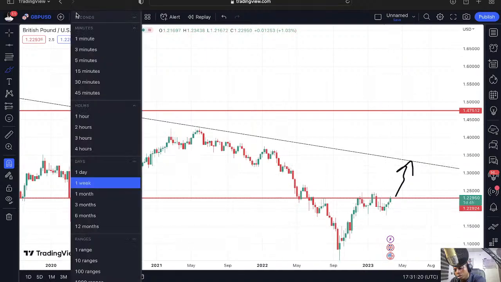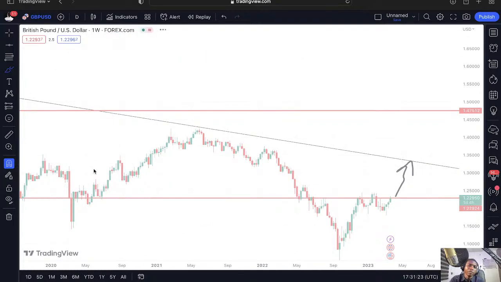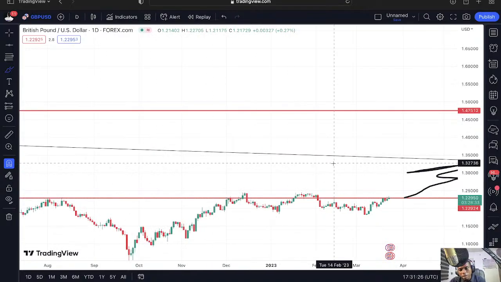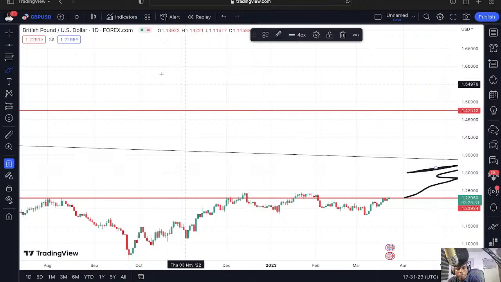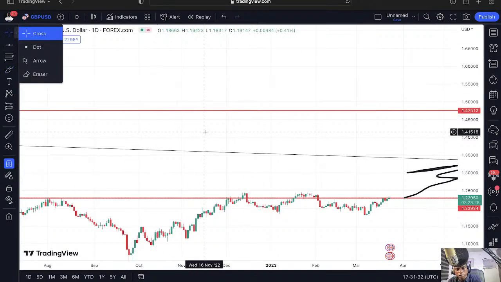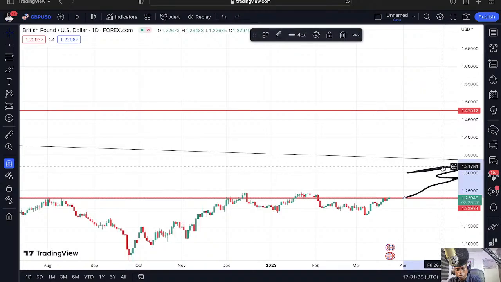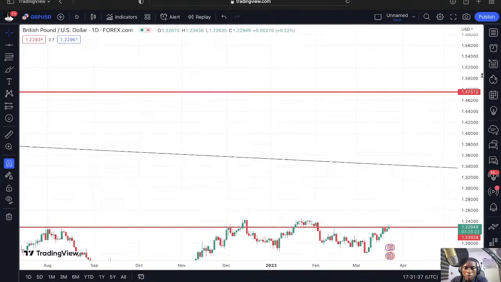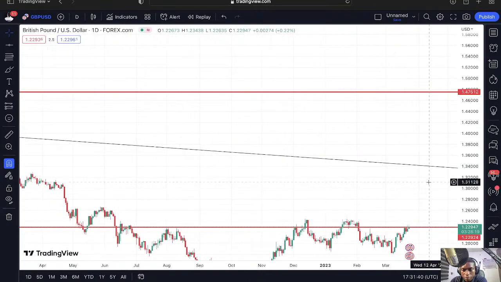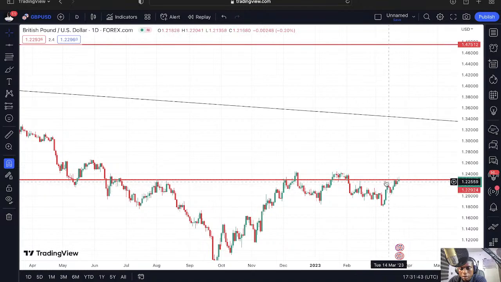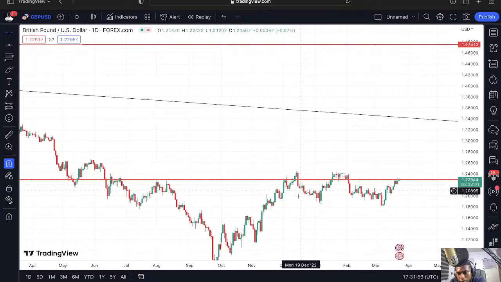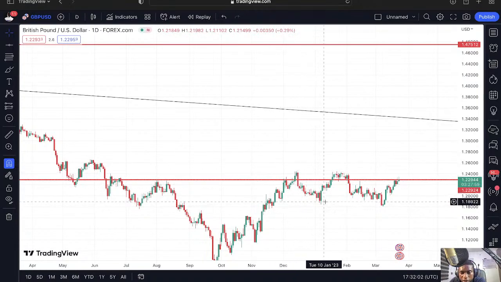So let's go down to the daily time frame. From what you can see on the daily time frame, it's clear that we are having a bullish momentum coming in, price going up, and all. So here we are anticipating a breakout from this level. We can already see that we have our double